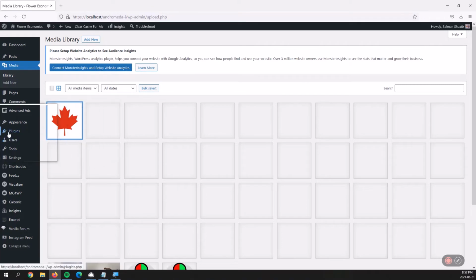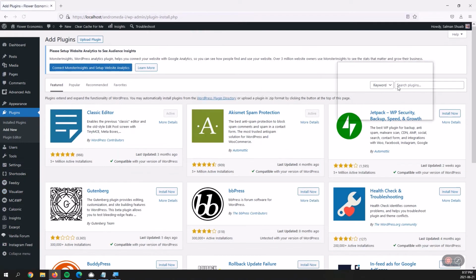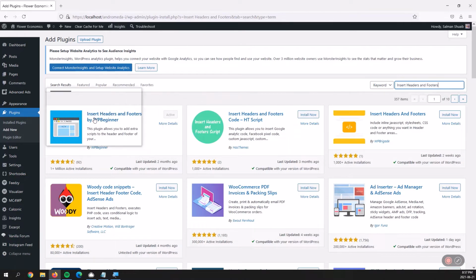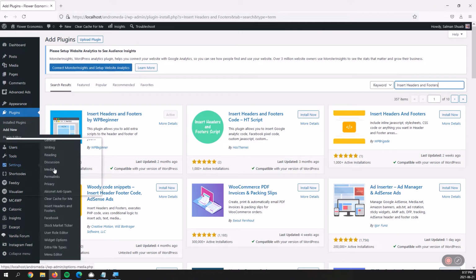Then you have to install a plugin, add new, insert headers and footers. As you can see, I already have it installed. This is by the wonderful WP Beginner. So after you have it installed, go to settings, insert headers and footers,